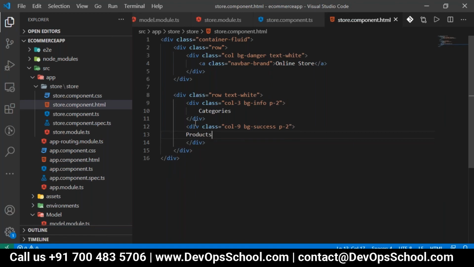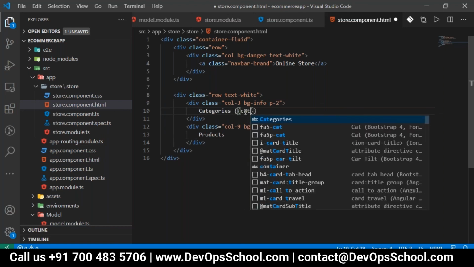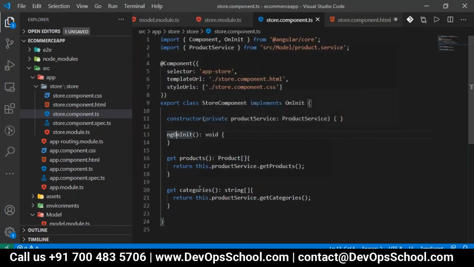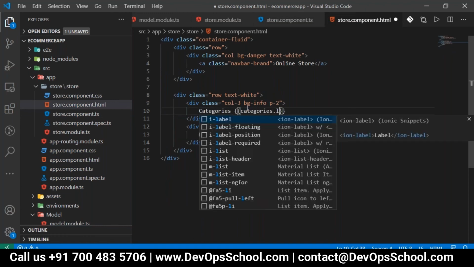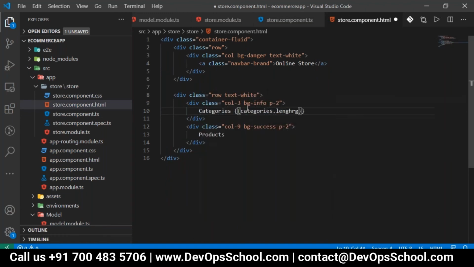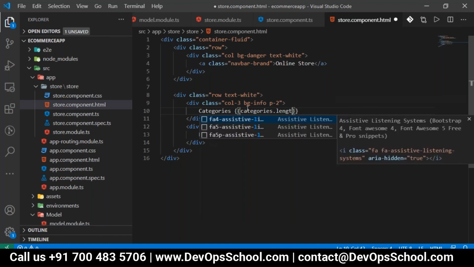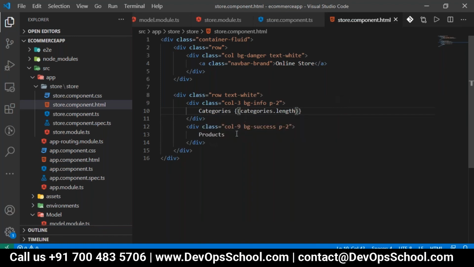So where I want to get how many products are available, just for displaying purposes, I'll use it here. Categories. What is a category I have created in the store component? So this is a categories variable. So that categories, I'll take it here, dot length, just to display how many categories are available.